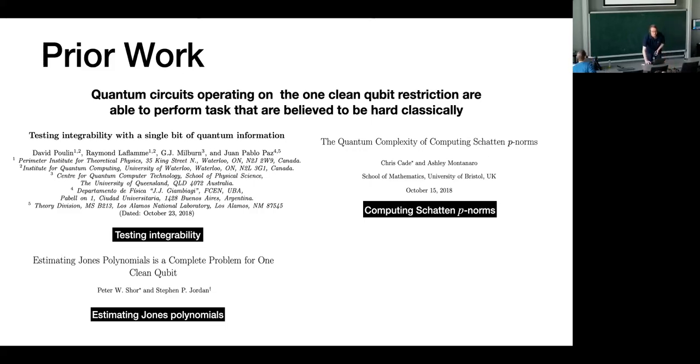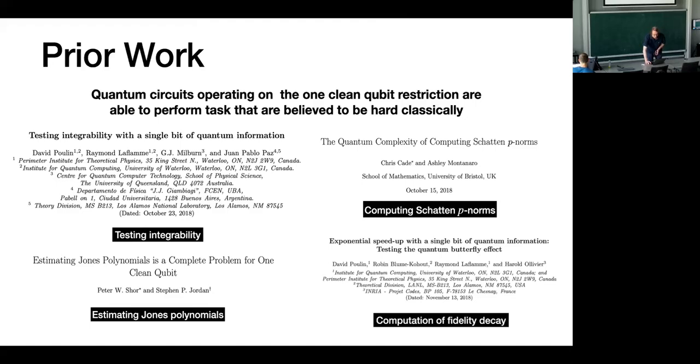Does it include BPP, or are there classical computations you cannot do in the quantum one clean qubit model? I don't think it contains BPP. It's this, yeah, testing the quantum butterfly